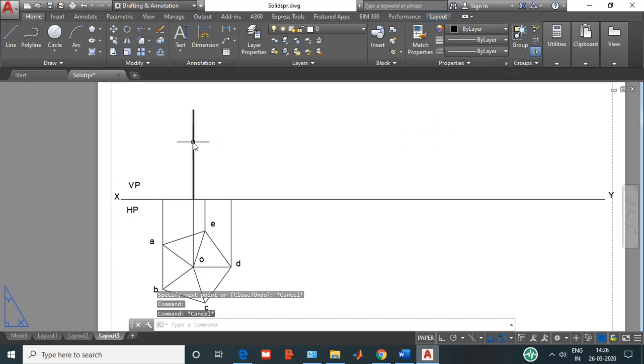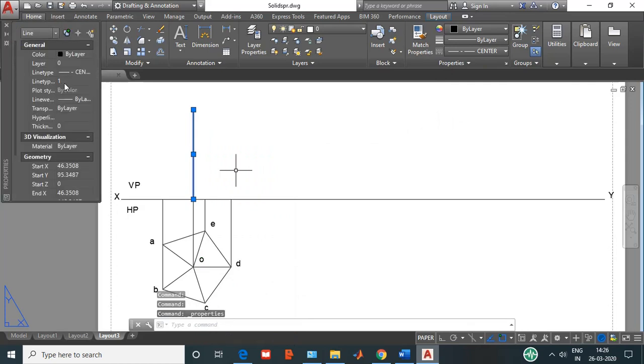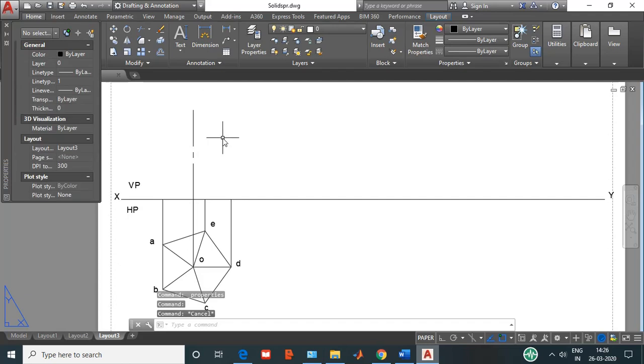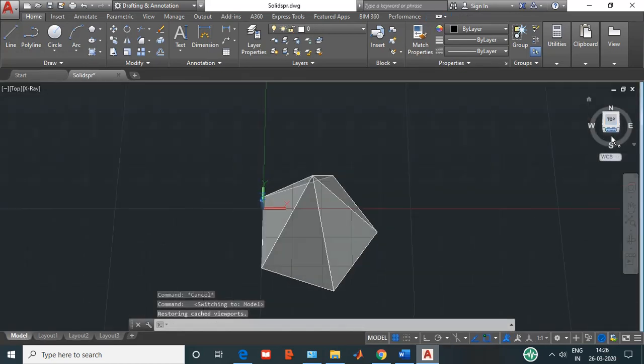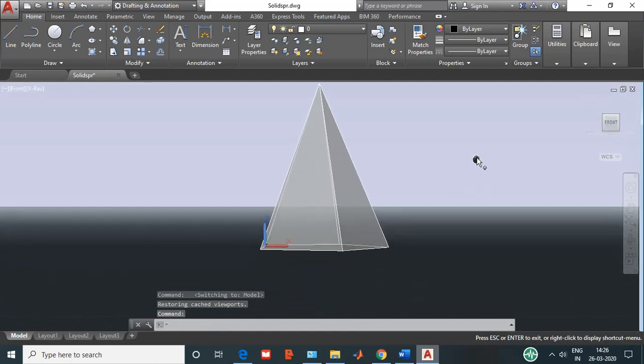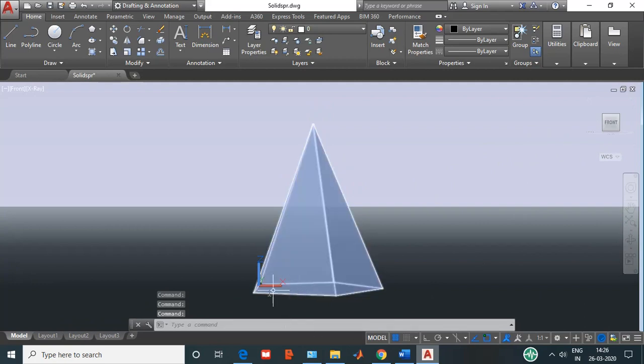So it is not visible. So right click, properties, and change this to 0.5. Okay, so this is the axis. Now this axis is to be joined to all the bases, because you can see here in this model, if I go to the front view of this model, right, this is the front view. From the front you can see this one line as a straight, and then all the corners are connected to its particular apex over here, right? So this is how the front view will look.